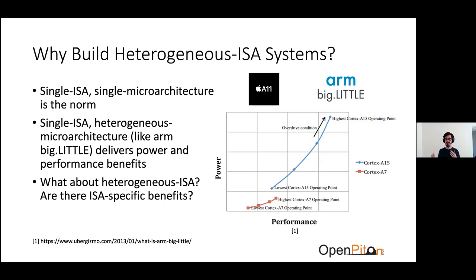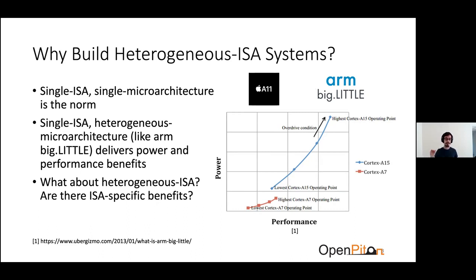Apple use it. Intel now even have a real product in the market that uses kind of the same heterogeneous microarchitectural capability. And the reason for this is that you can get a lot of performance and power benefits from it, potentially. So on the right-hand side, you can see this chart from the early days of big.LITTLE